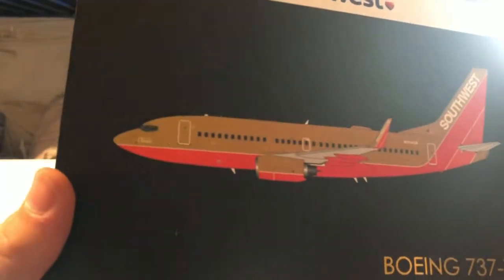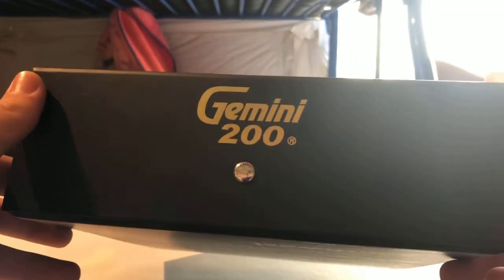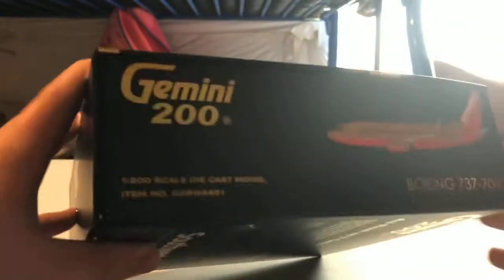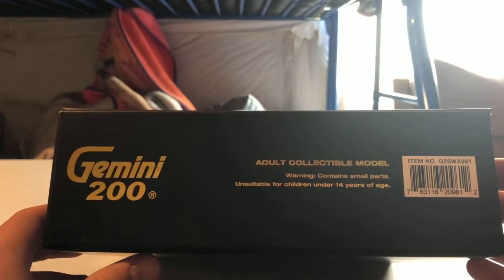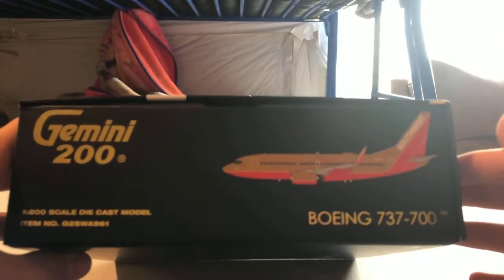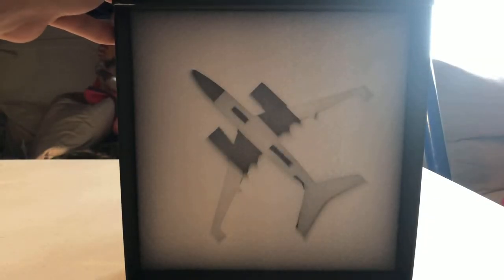Moving closer to the box, very nice detail. Here's the bottom, the clip latch. Here's the side. Here's the top. Here's the other side. And here is the back. Moving on to inside the box. You have the stand up here, the tail sticking up there, and you pull this tab out, and the model's sitting right there with landing gear accessories. Now that we're done with the box,